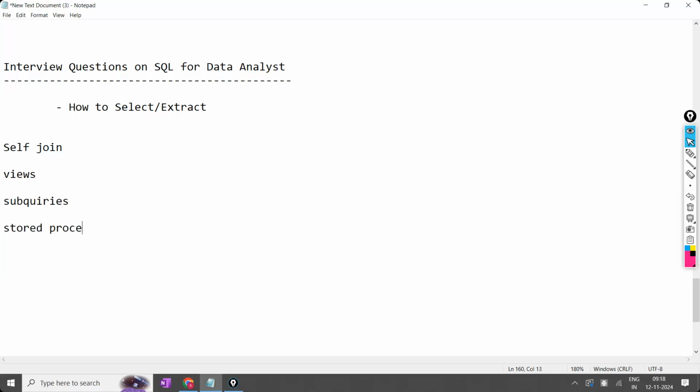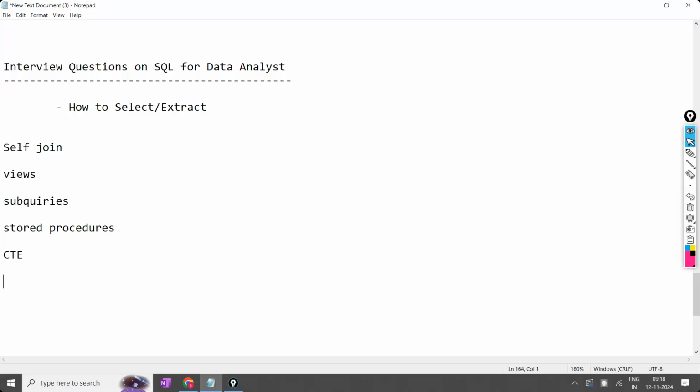And along with this, we are having the CTE. So in total, these are the 5 additional topics which we have to discuss in detail. These are the areas where generally it is not used in SQL for a data analyst, but these are some of the common interview questions, and these are the additional topics which we are going to discuss. Now for discussing these topics in detail and to show you how to write the queries,